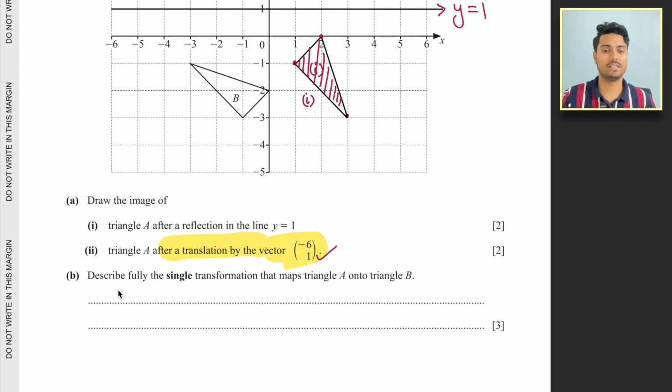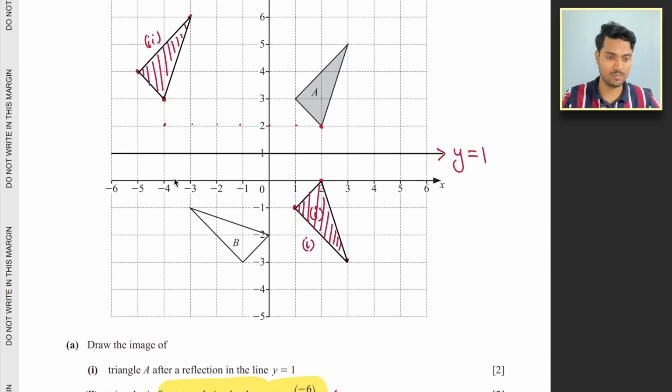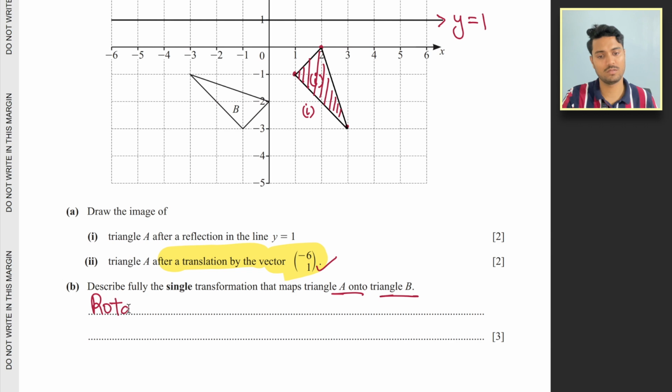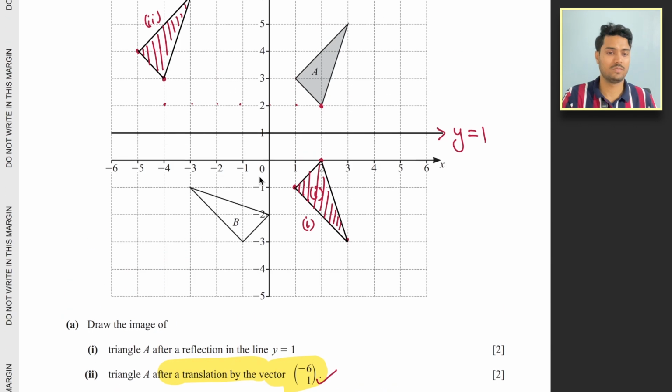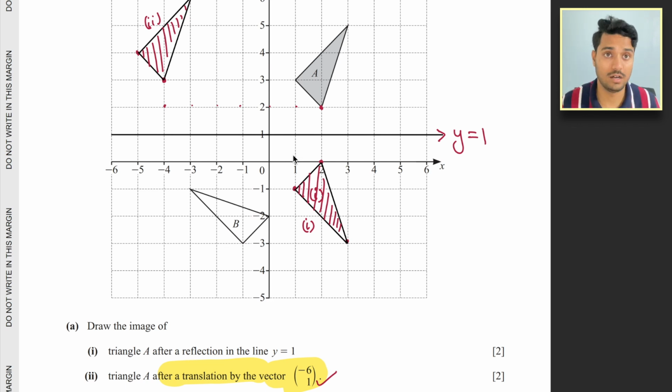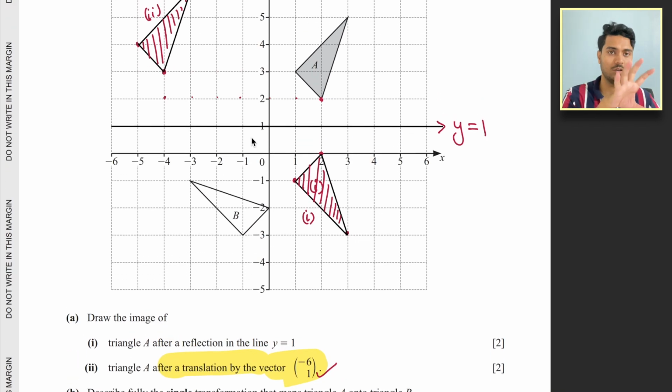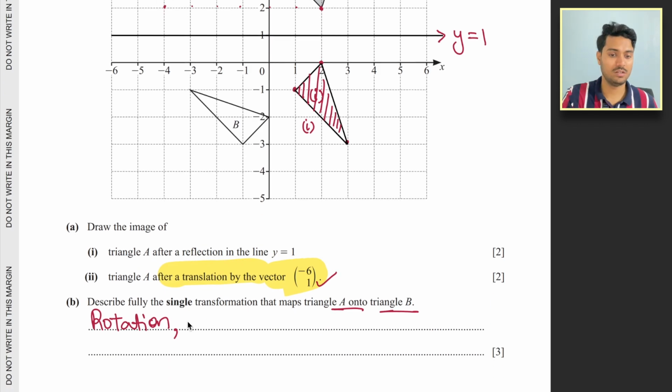Now let's check the next part. It says describe fully the single transformation that maps triangle A onto triangle B. So this is definitely the case of rotation. Now you can use tracing paper here. I have already done this question before, and I'll tell you the coordinates. First of all, this is the case of rotation. You put the tracing paper on the diagram, and then you can check the center point, the direction of rotation and the angle of rotation. So this is a rotation of 90 degrees anti-clockwise